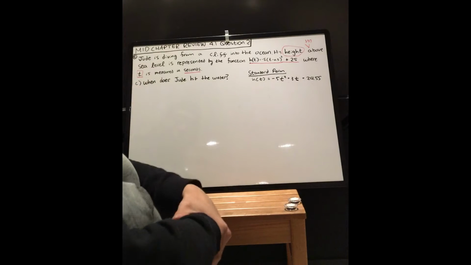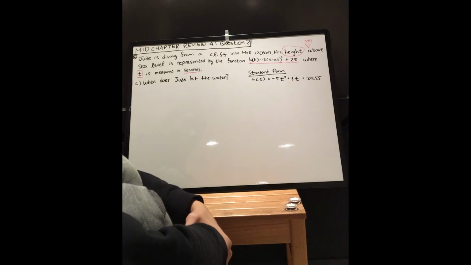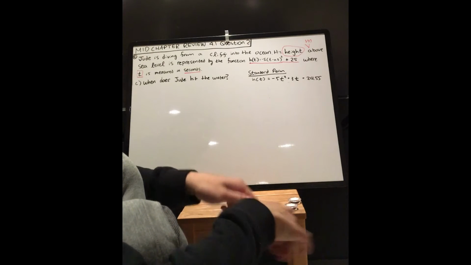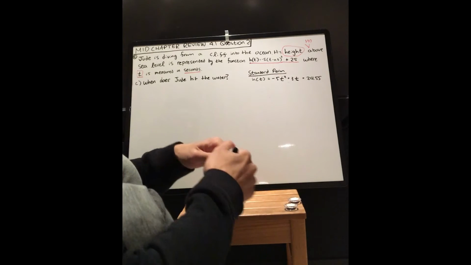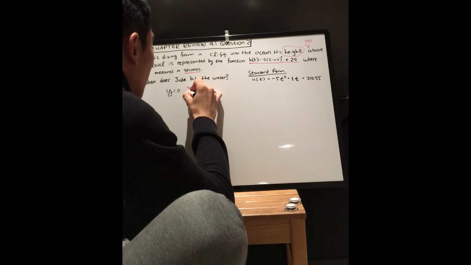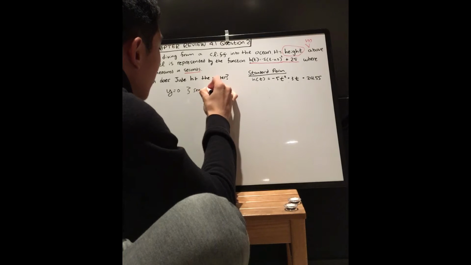Question C. When does Jude hit the water? So, using standard form, we could find the two x values when y equals 0, and what that basically means is finding the two x values when Jude will be in contact with the water at sea level, which is basically y equals 0. So if y equals 0 represents sea level,